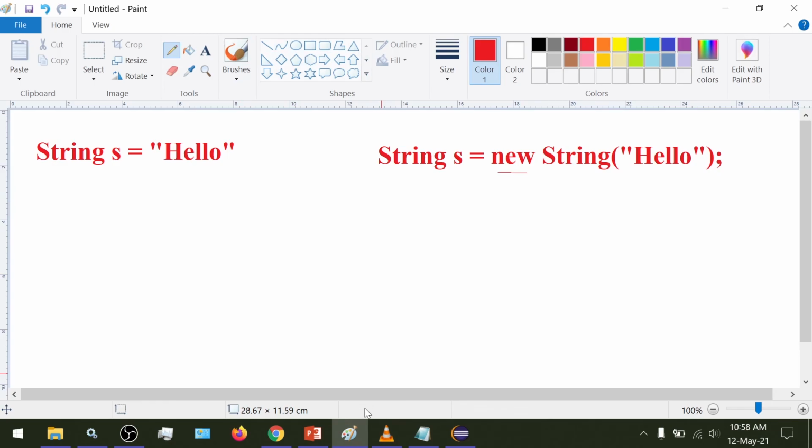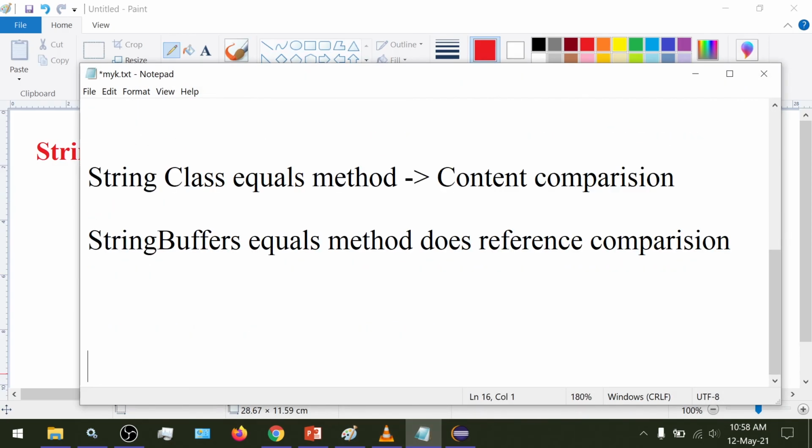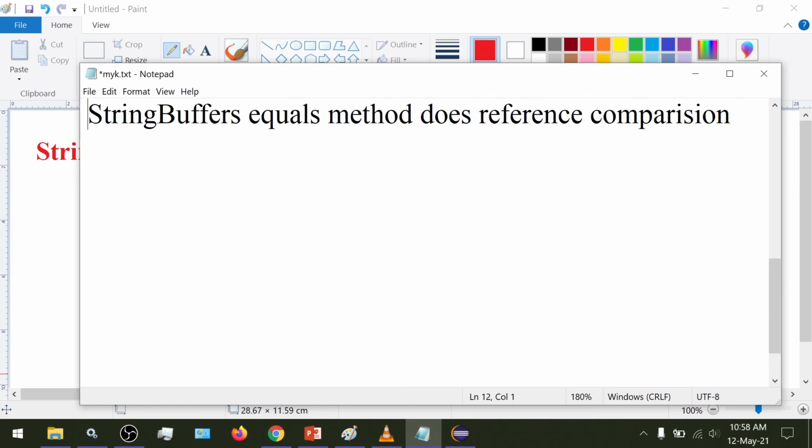Before that, first let's note some thumb rules in Java.